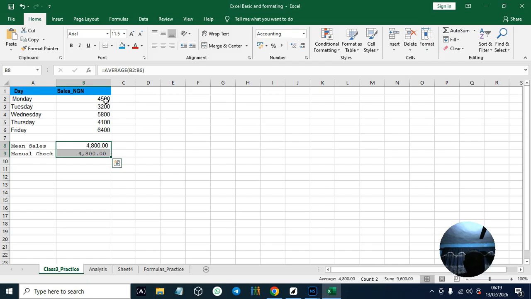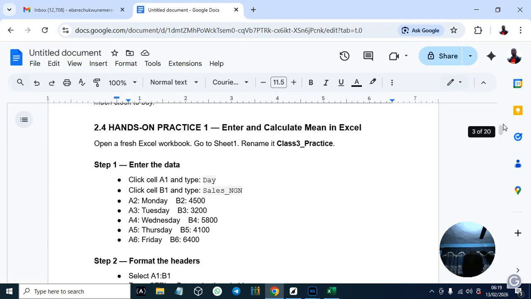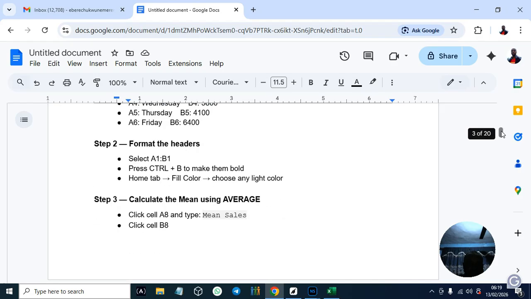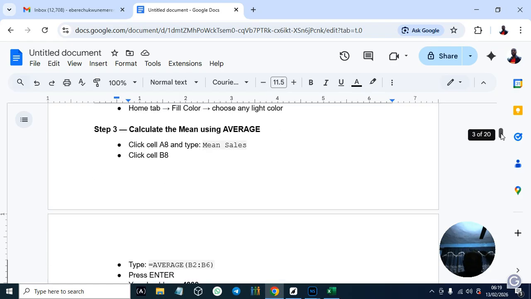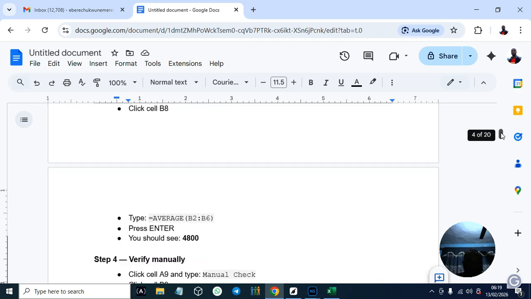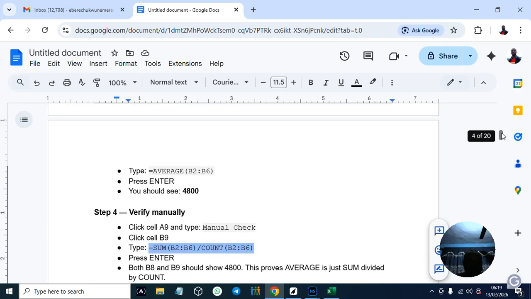I've entered my own, and I created the mean, the mean cells, which gives us the same thing we got by calculating by hand, 4,800. Now I entered it with the average formula, and it still gave us the same